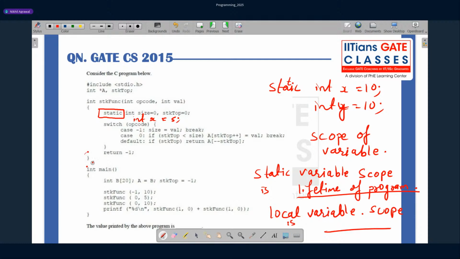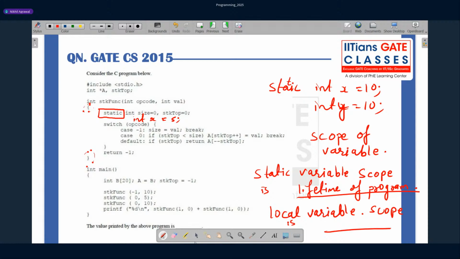Otherwise, when I call this stack function and the function gets executed, then the x value is out of scope, it's gone from memory. But for static variables, this memory will be there till the program ends, till the main function completes.